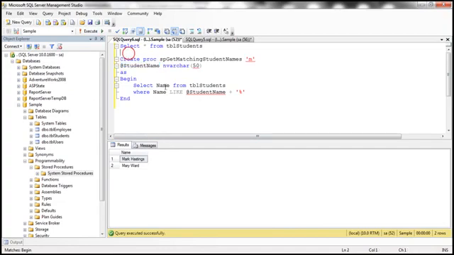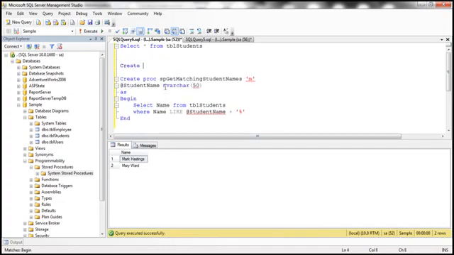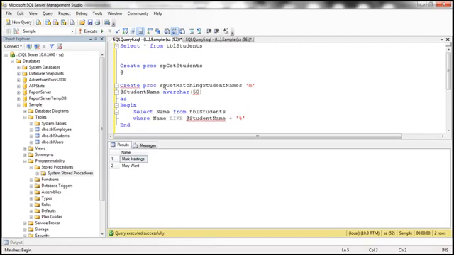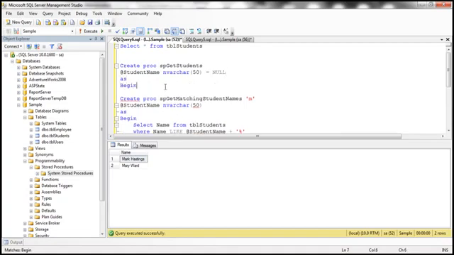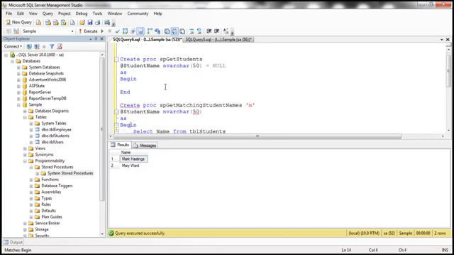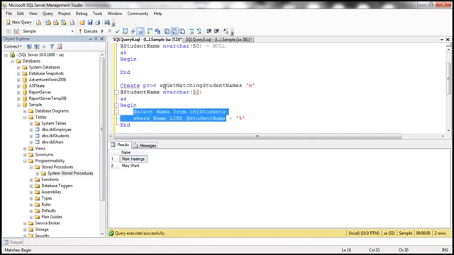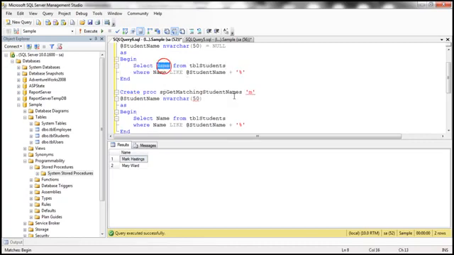So first of all, let's create a stored procedure to get all the students. So create procedure, let's call it spGetStudents. Again, this is going to have a parameter @StudentName, and this parameter can be null. So I'm making this optional by specifying a default value, then begin and end. So what I'm going to do is copy this and paste it within this procedure. We not only want the name, we want all the columns. So I'm going to say select star from tblStudents,